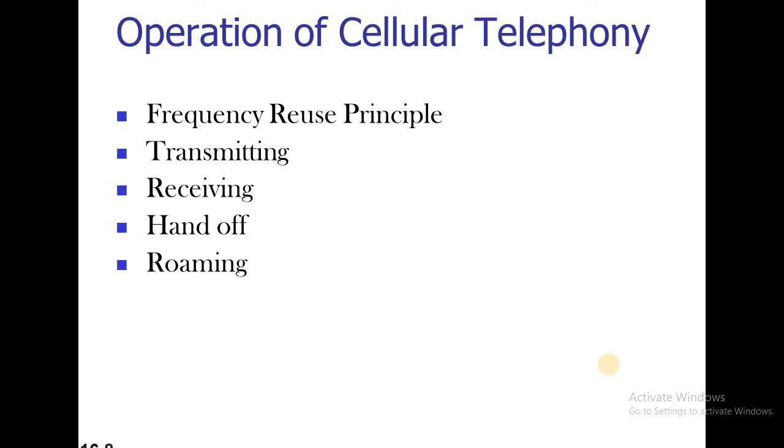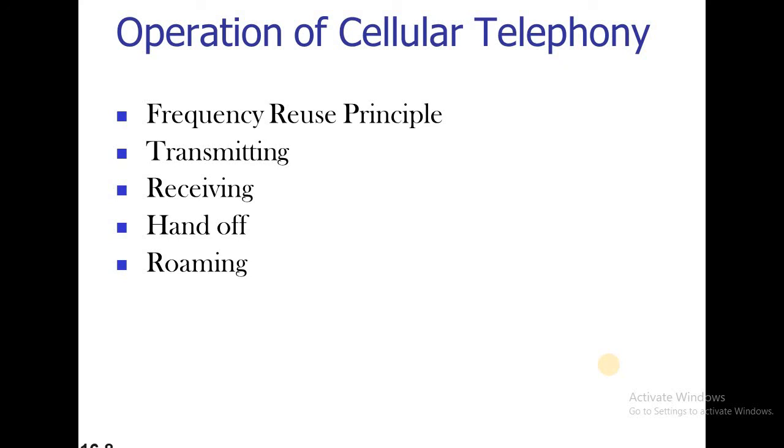Next we have the handoff. There are two types of handoffs: one is hard handoff, and the second is soft handoff. In hard handoff, we move from one cell to another cell, that is, from one area to another area. As soon as we move, the connection to the first area where we were connected will be lost, and then we get connected to the second one. This is called a hard handoff. The connection for the first area will be completely lost, and only after that do we get connected to the second one.